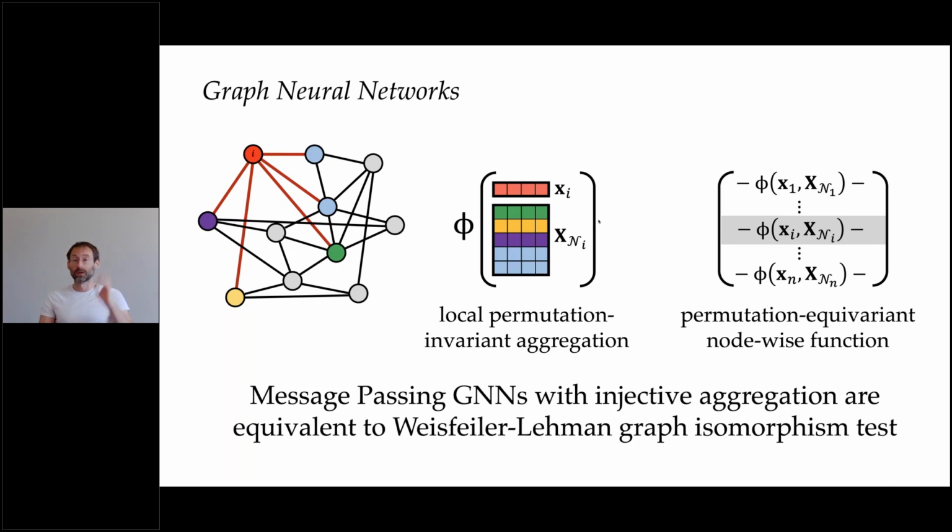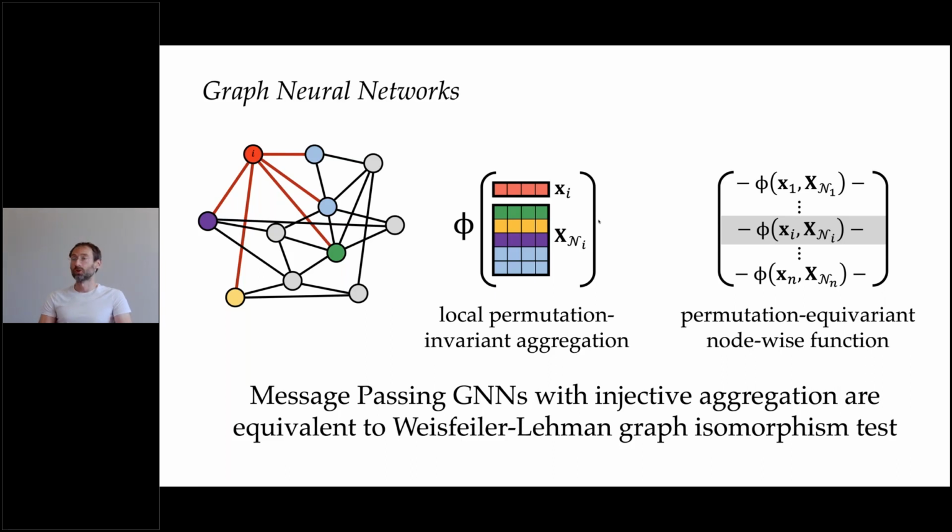It has been known probably for many years, but recently it has become obvious in the graph learning literature that if you design the message passing function in a certain way, in particular make it injective, then the message passing graph neural network architecture is equivalent to the Weisfeiler-Lehman graph isomorphism test, which is a classical color refinement algorithm developed in 1968 in graph theory. This has become more or less a gold standard in describing the expressive power of graph neural networks, asking what kind of functions or tasks can be solved by graph neural networks.